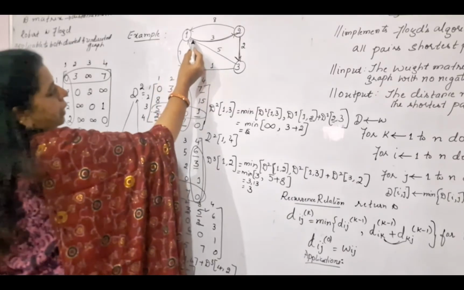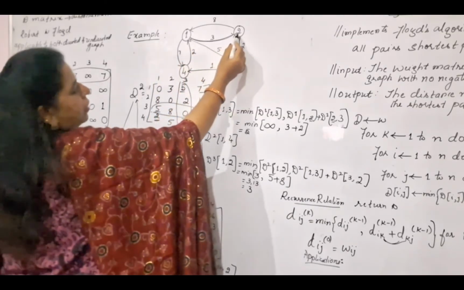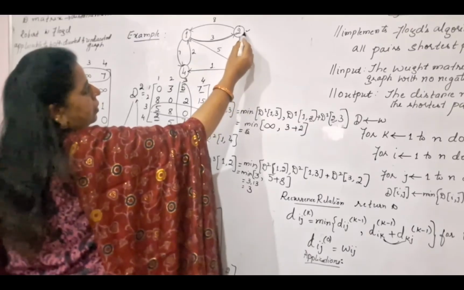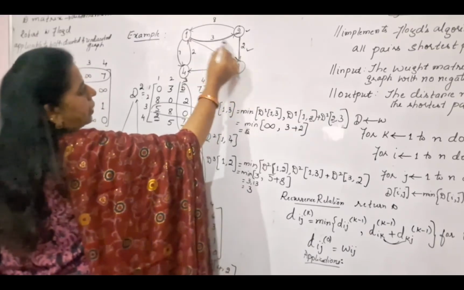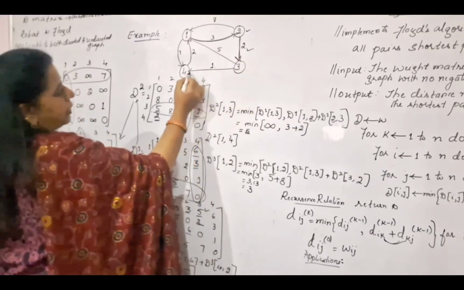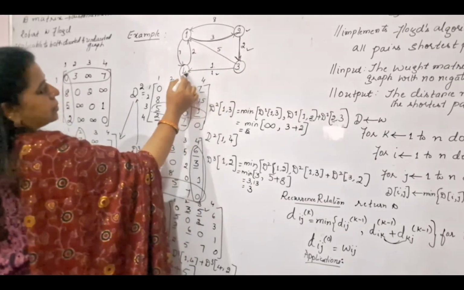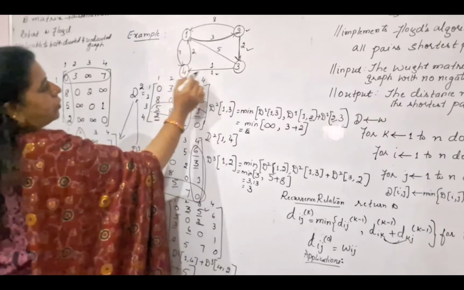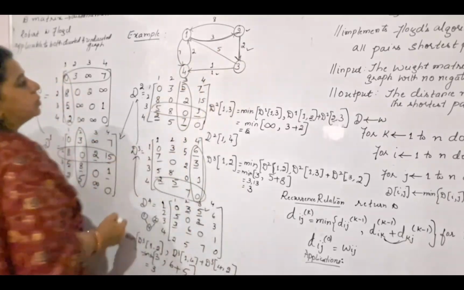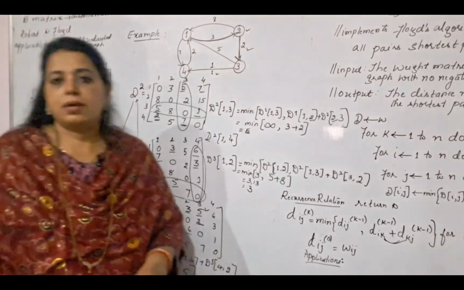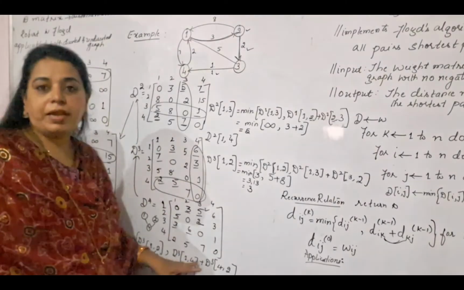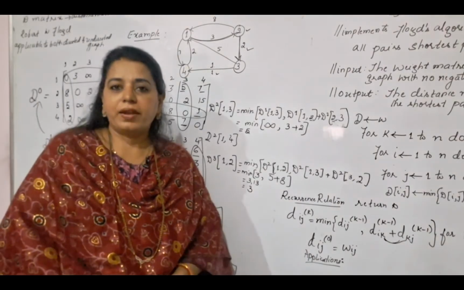You look here, you traveled like this. First 1 to 2, okay, you got 3 here. Then 2 to 3, you got 2 here, 3 plus 2, 5. Then 3 to 4, here there is 1. So like this 3 plus 2 plus 1, this is 6. So you can reach from 1 to 4 via 2 and 3. So like this, these are the distances. Like this you can verify all the remaining numbers in the final distance matrix.